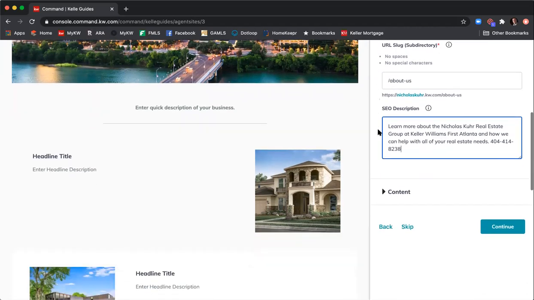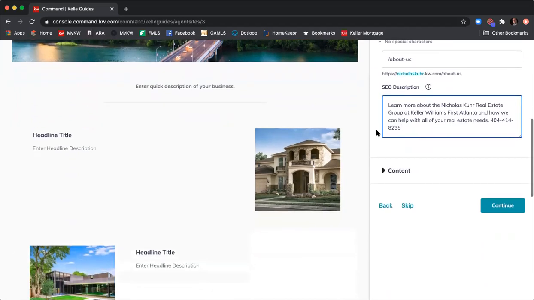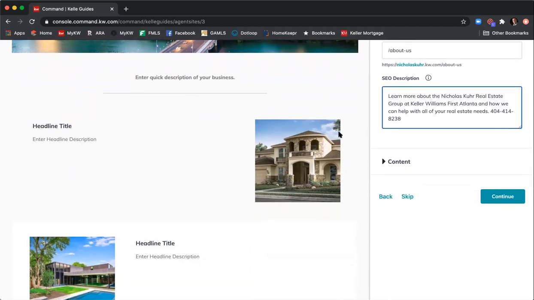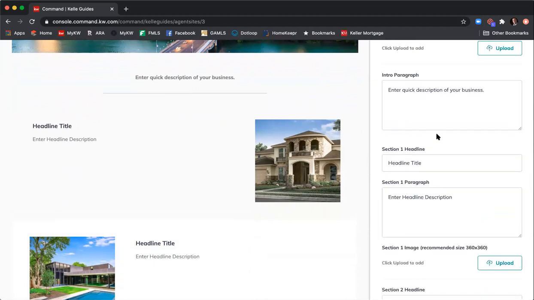So next, we're going to start actually filling in the content of the website. So you can see over here to the left, it kind of already has a layout prepared. So some copy here, some copy over here, and these two images. So now we're just going to fill in the information. So I can label this, just put in whatever quick little overall bio. The Nicholascore Real Estate Group